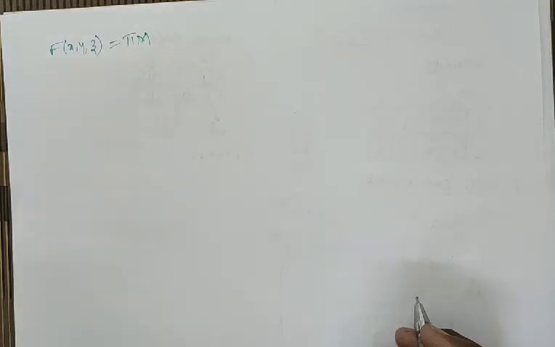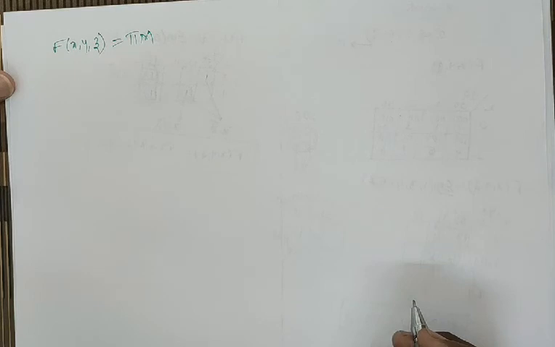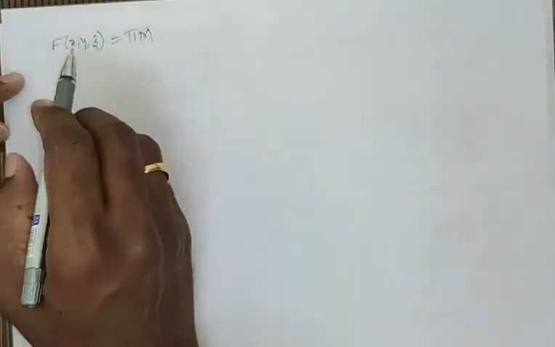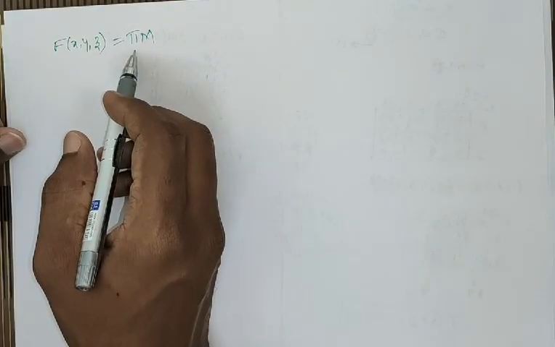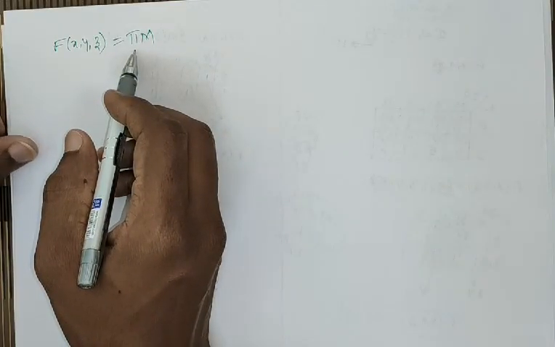Hello everyone. In the last class we discussed minimization of a Boolean function given minterms or maxterms using K-map. Now we are going to discuss, if you are given the maxterms, how to minimize the expression and how to represent the function for the maxterms. The function f of x, y, z is equal to Pi of capital M, that is, Pi of capital M means maxterm representation.